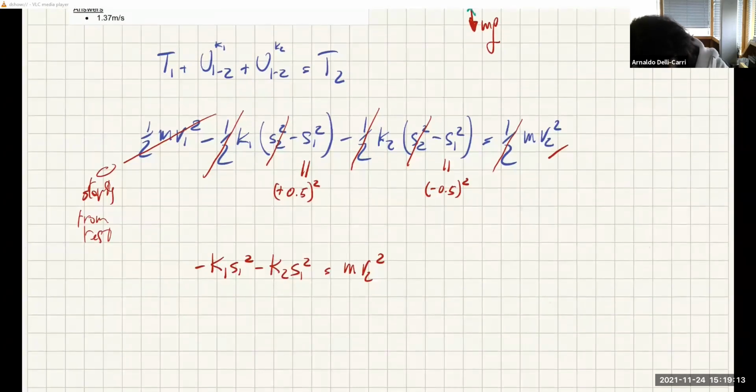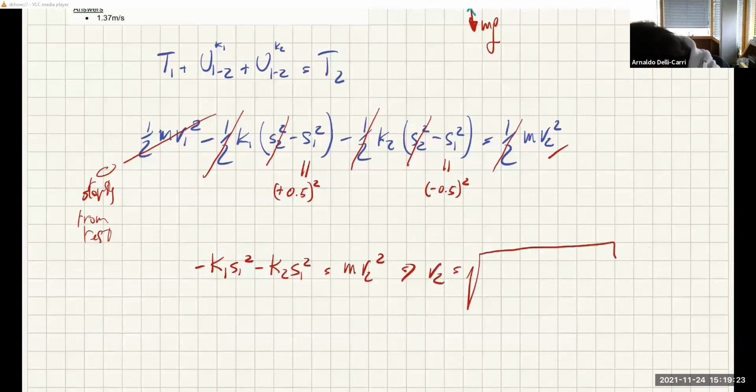So finally, I can say that V2 is the square root of K1 plus K2 divided by M, times S1 squared with a negative